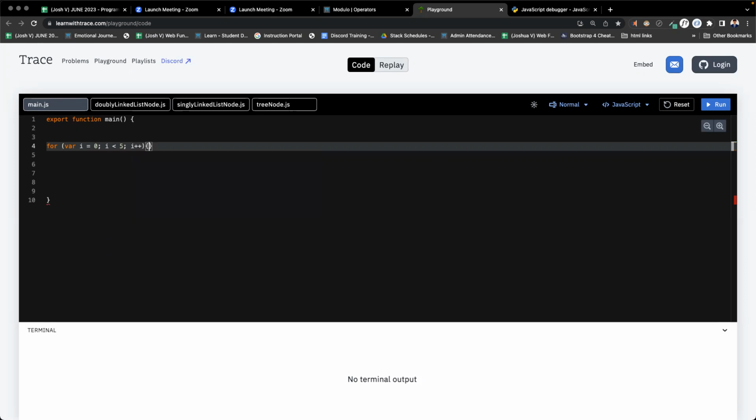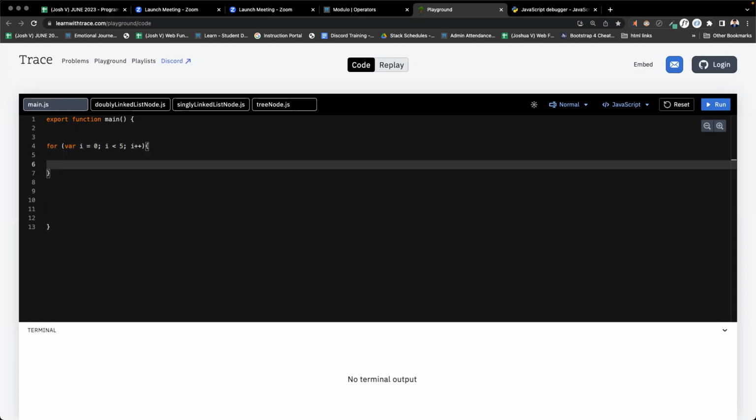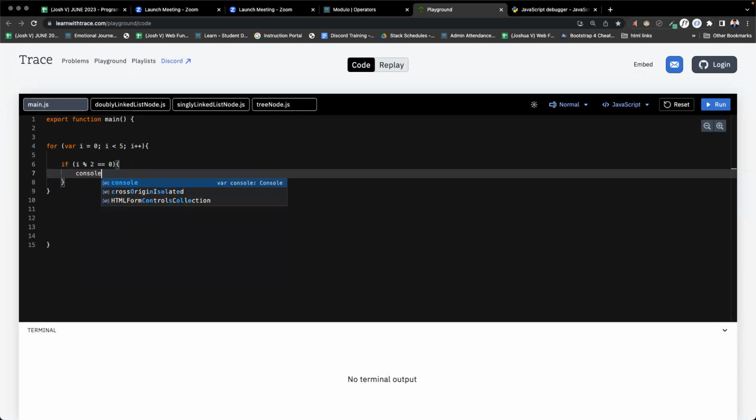That is super helpful to know. Okay. So now we write an if statement. If i modulo 2 is equal to 0, console.log